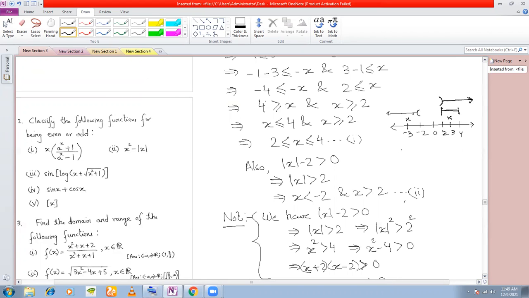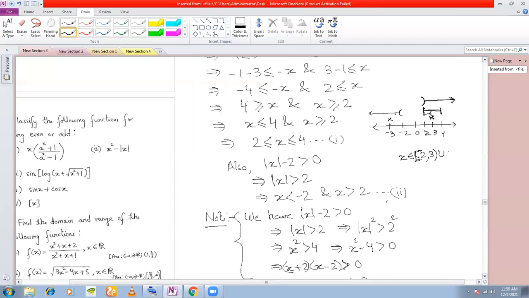The next restriction, if you see, that we are getting here is x cannot be equal to 3. That means x must belong to this interval here, right? That means you have 2, 3. It cannot be equal to 3, and I've given a box bracket here. And what else? Union. What else value can it take? It can take the value 3 and inclusive of 4, right? So this is the required domain of F.